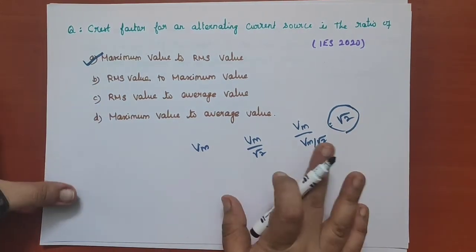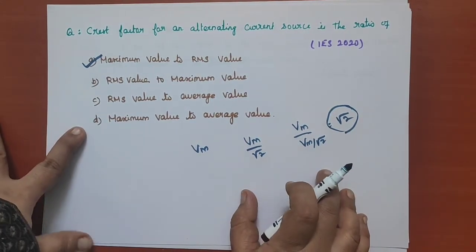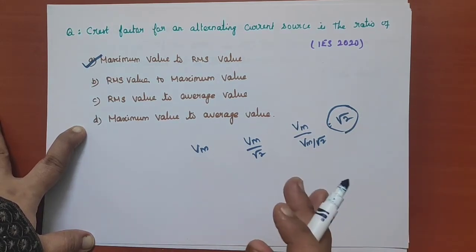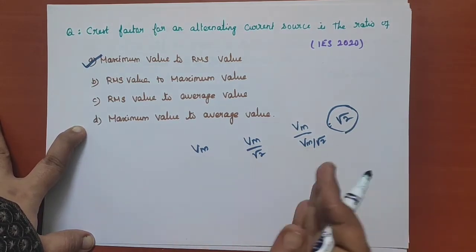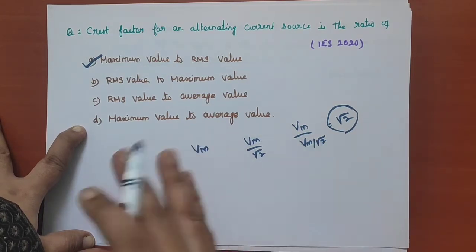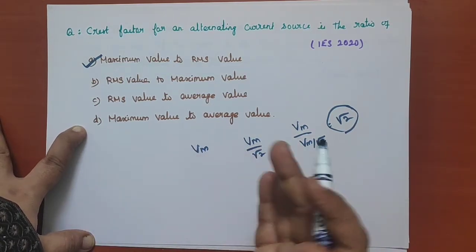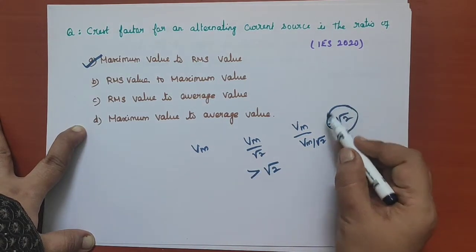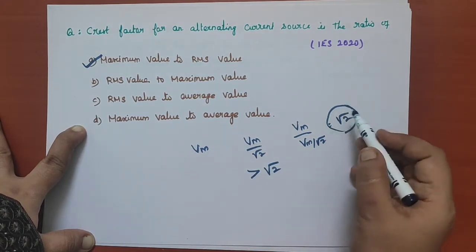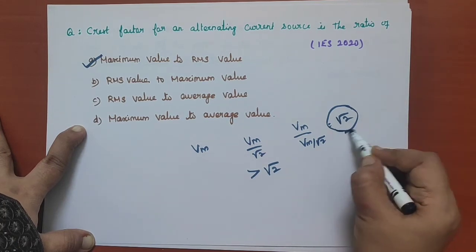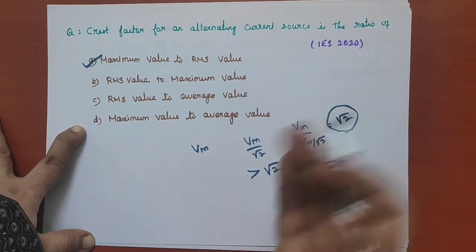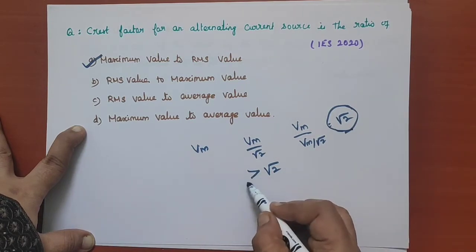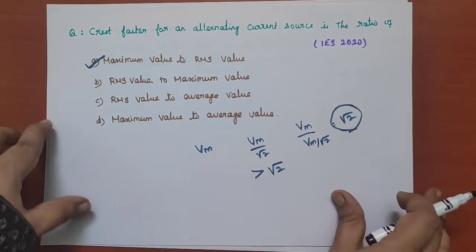The current waveform for a purely resistive load is sinusoidal, so the crest factor will be equal to root 2. Some loads have current waveforms that are not sinusoidal, so they draw higher current. For these, the crest factor will be greater than root 2. Okay, so the load which is purely resistive is sinusoidal, so it will have the crest factor of root 2. Other loads which are not sinusoidal will draw more current, so the crest factor will be greater than root 2.